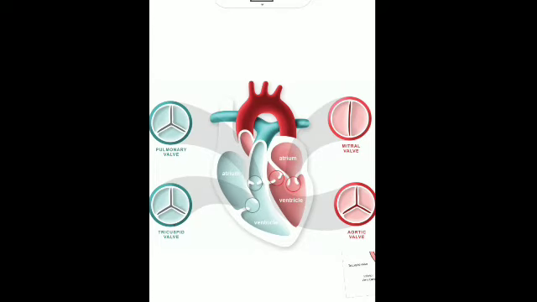Then there is a group of specialized tissue in the right atrium, which is the sinoatrial node or the pacemaker of the heart, and this is responsible for the rhythmic and spontaneous contraction of the muscle cells of the SA node, which initiates and maintains the pace of the heart or maintains the heartbeat.